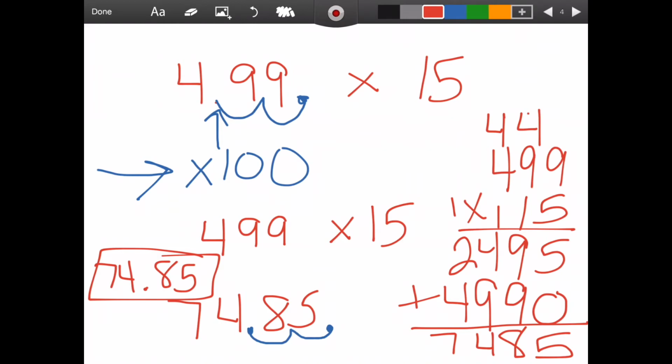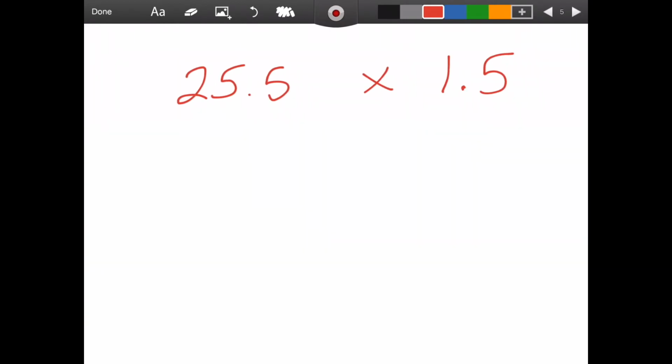So that's one example of how this would work. Let's look at a second example. A second example might be a time where we're multiplying a decimal by a decimal. In this case, it works pretty much the same way. So notice this first number here, 25 and 5/10. Notice we have a decimal, so we can actually move that decimal over to change that into a whole number. If I moved this decimal over to here, I have moved that decimal over 1 time. Remember, if I move my decimal over once to the right, I have multiplied that number by 10, and now I have